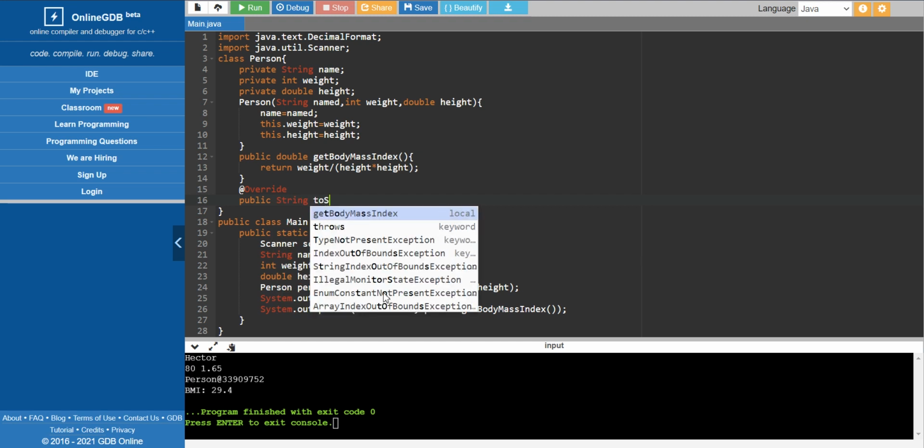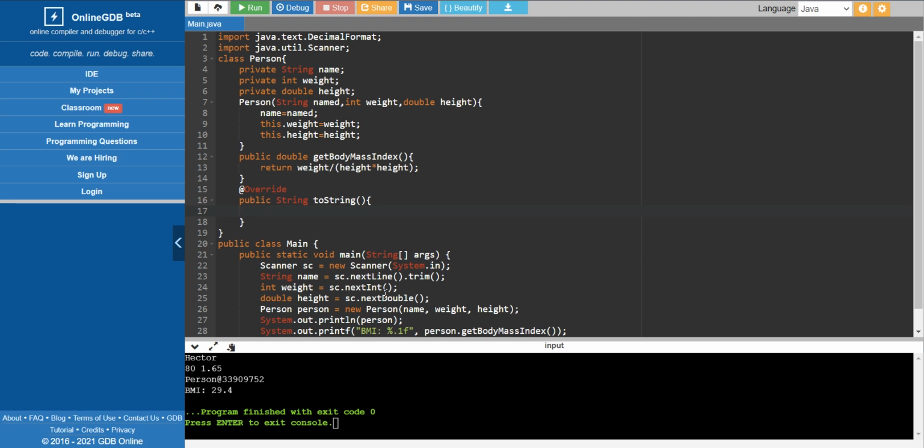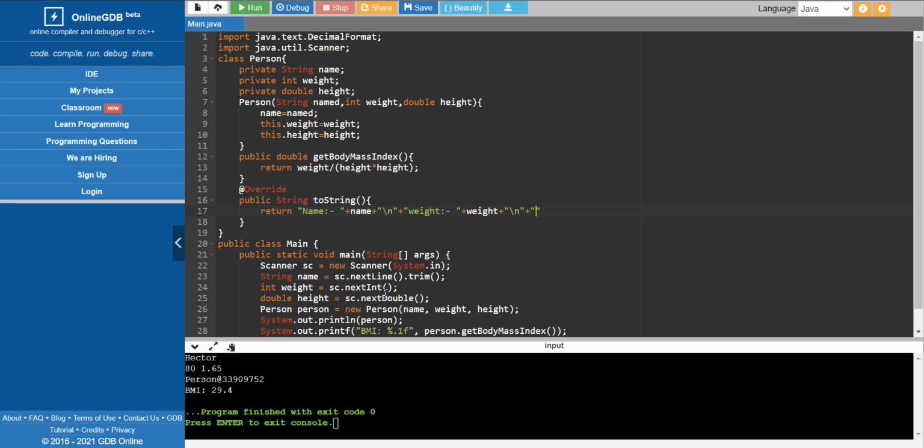String data type, toString, it doesn't have any parameters, and in this we have to return: return name is name plus new line plus, what was that, weight is weight, and new line, and then height, right?